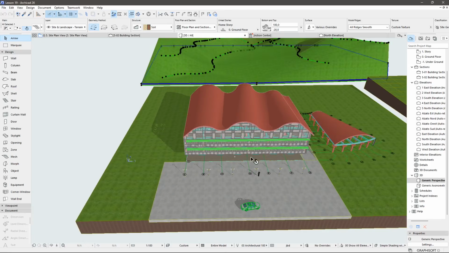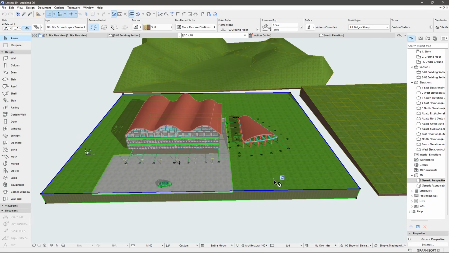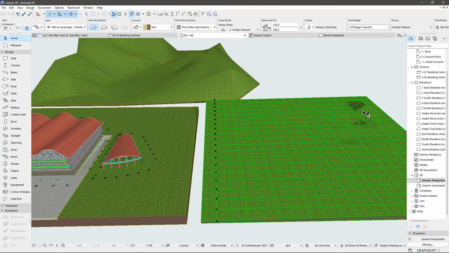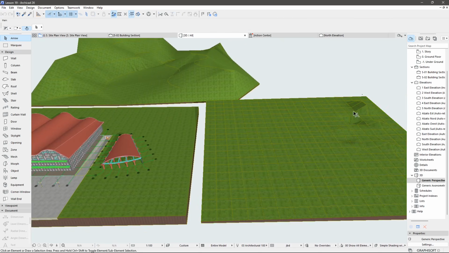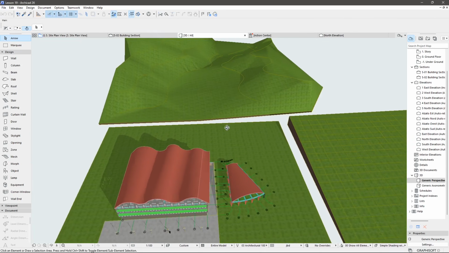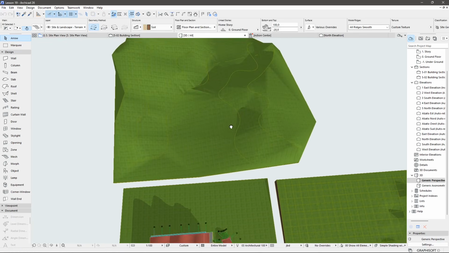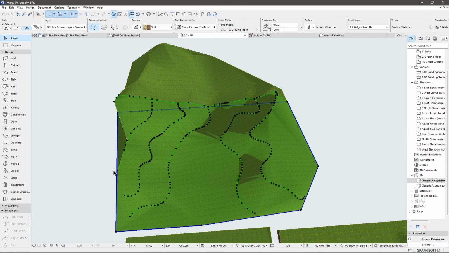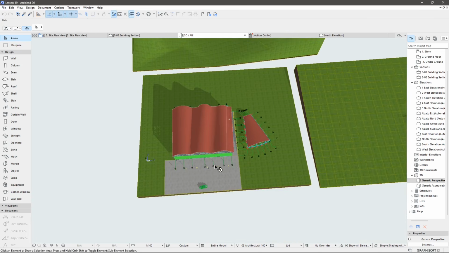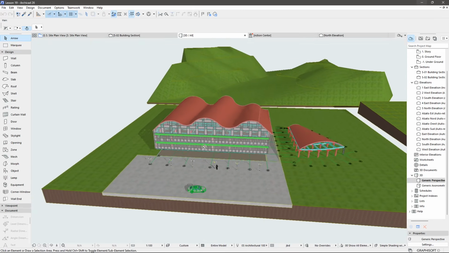In the previous video, we saw how we can create terrains in ARCHICAD, and we can do that in many different ways. Could be a simple terrain, could be something like a sloped terrain, and we can adjust all the different vertices to work with all these faces, all these polygons in the mesh object. And also we can create pretty complex terrains using level curves. So we can be really precise, and we can also import level curves from other applications to create pretty precise